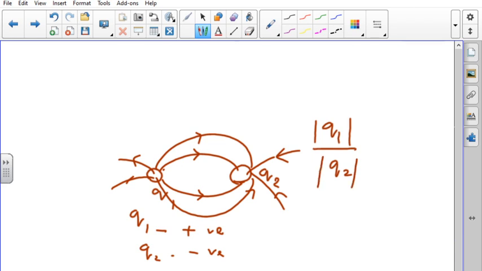You are asked to find the ratio of Q1 by Q2. As we have learned from the last property, it depends on the number of lines emanating from the given charge. Shall we find out the number of lines emanating from here? If this is the positive charge and this is the negative charge, how many lines are emanating from here? 2, 4, 6. So for Q1 it is 6, and for Q2 it is